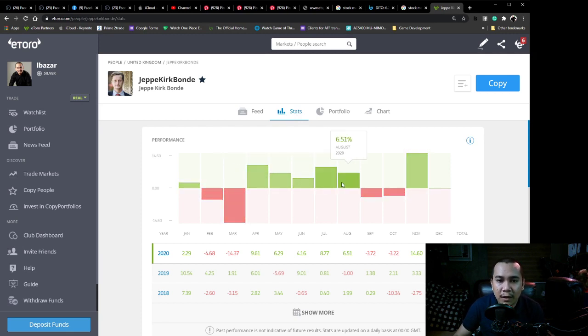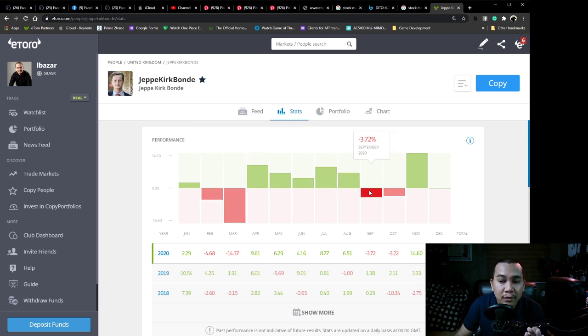The green ones, this represents every month of the year. So we're at November. He is already up 14.60% this November. So for November, he is gaining. But look at this. September and October, he was on the negative side. So he was losing. So this is how transparent copy trading is, right? There will be months that he will be red. There are months that he will be gaining, right?